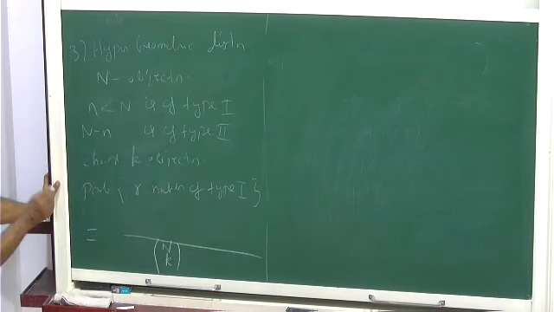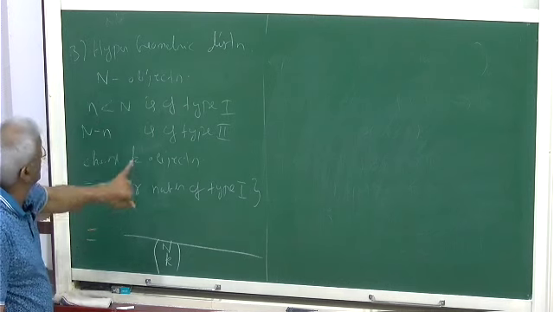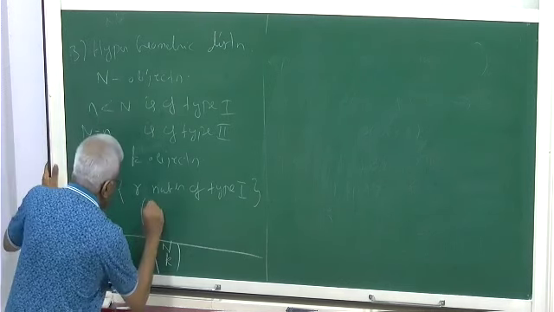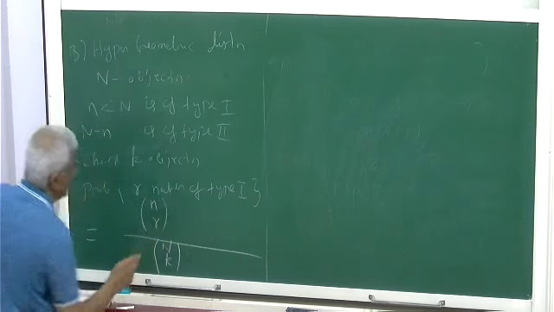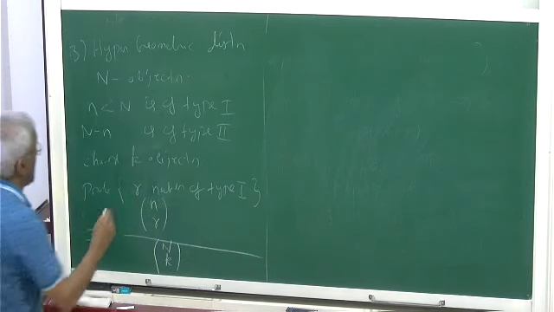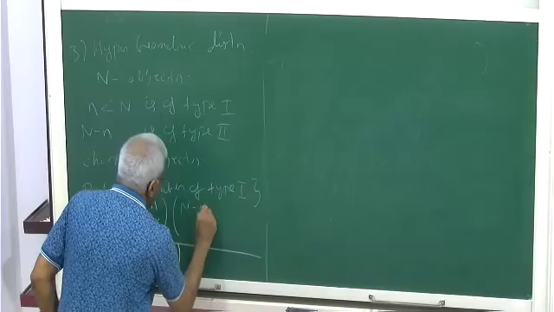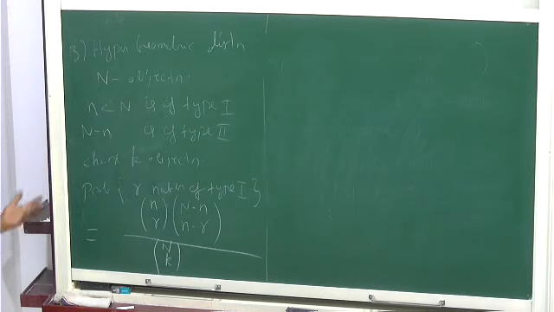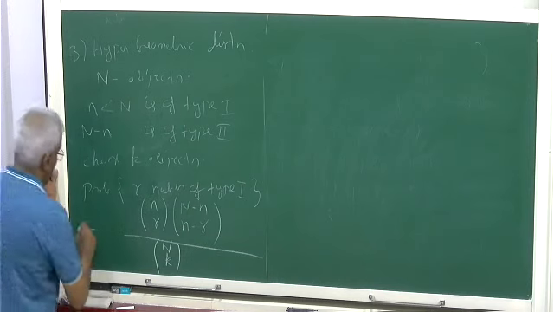Among them, you have to choose r objects from n, so n choose r. And then from N minus n, you choose k minus r. That's all. So the probability of r, p of r,